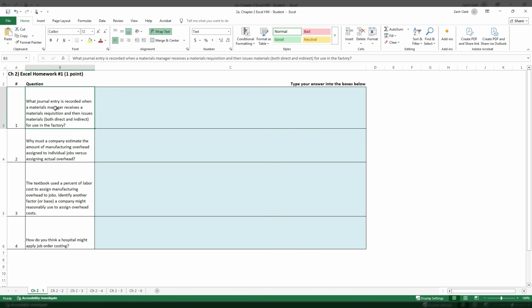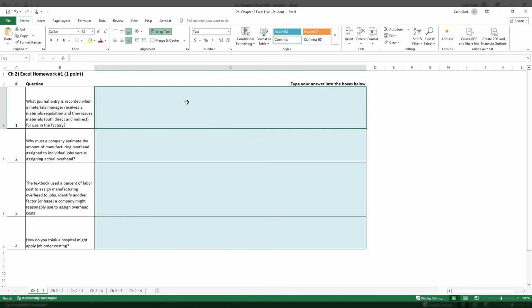So anyway, what are the journal entries that we're going to record? Well, when we get materials out of raw materials to go into a project, we're going to be moving those raw materials from the raw materials inventory account to work in process, right? So we are going to debit